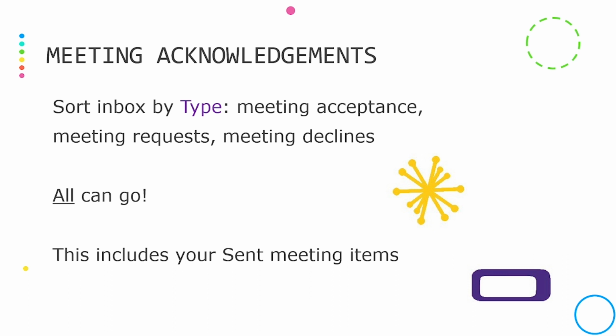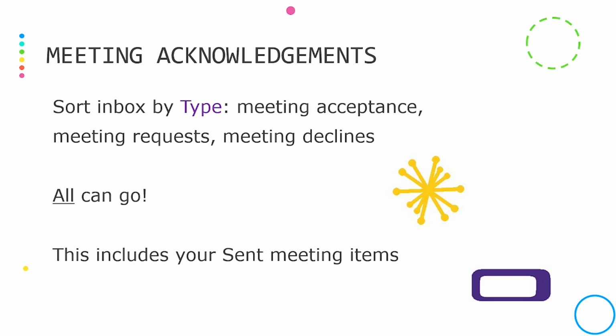So we know that in Outlook, you can get a lot of these, and it can also really clutter up your sent mail folder, which is something that's really easy to forget. So there's a simple way to clear these out wholesale. And if you want to, this is the type of notification that you can turn off at the source like we talked about before. If you're the meeting organizer, you can choose not to receive these. That said, I think most users do like these and like to have them for arranging meetings.